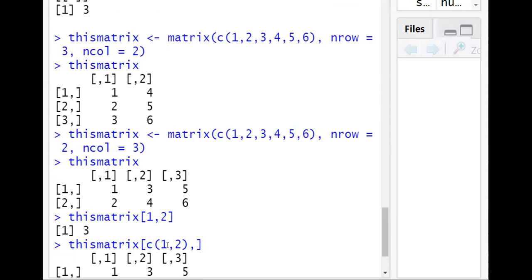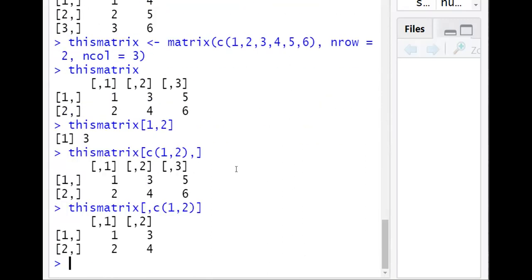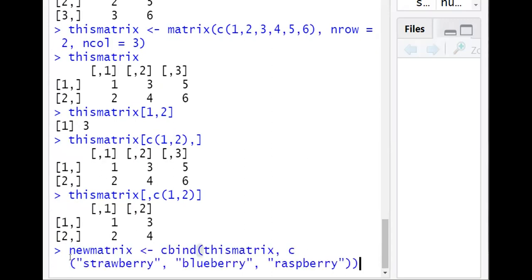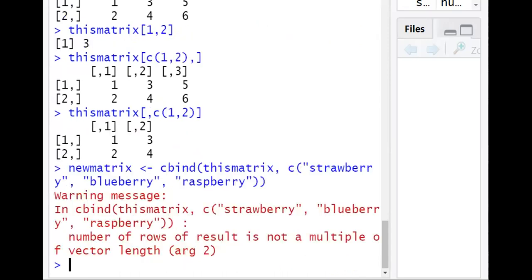So we can create a new matrix. Let us call it new matrix. So the method is cbind, this matrix, so we are adding 3 more elements.